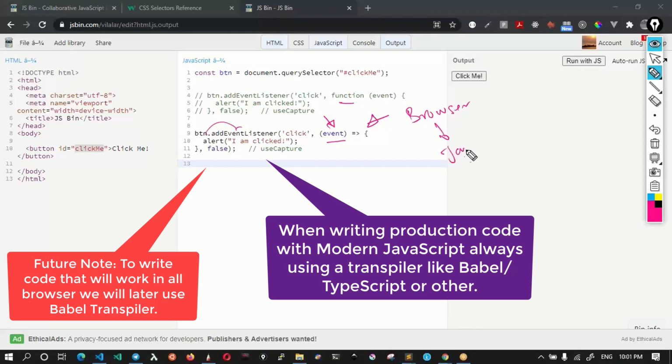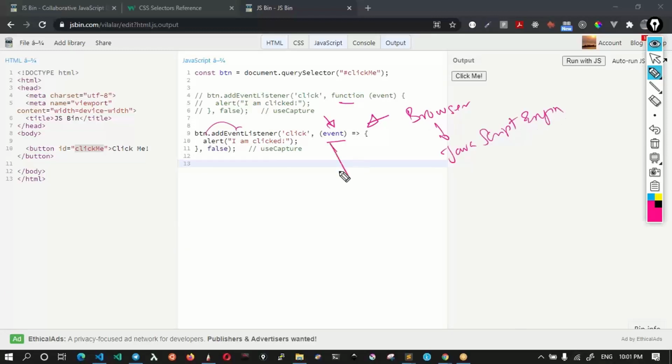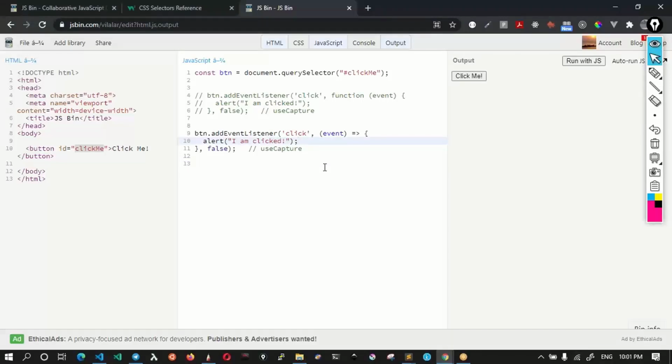Browser JavaScript engine. Okay, and this event object contains information about the event that has happened. Okay, and we can use it for different purposes. Okay, for now what I'll do, I'll simply log this information. Okay, so how can I log it? Maybe I'll come back in here and I'll say console.log event, just a label I am giving it, and then I am passing in the event object like this, console.log.